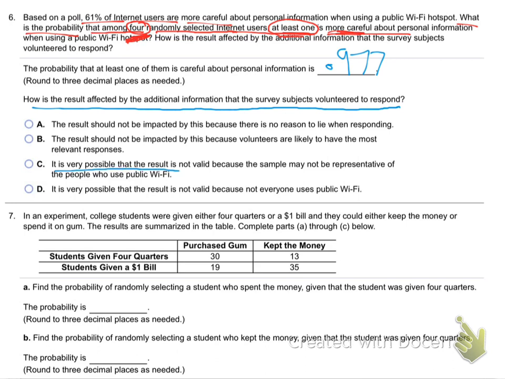See, it is very possible that the result is not valid because the sample may not be represented. Yeah, it's that same thing, right? You get volunteers, then they're not just normal people, right? You're not getting the normal, typical answer. Is that making sense there? All right, so